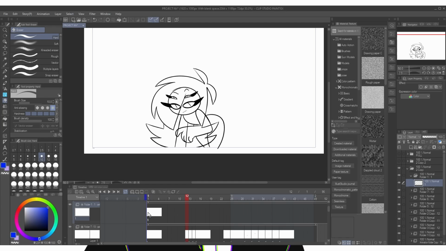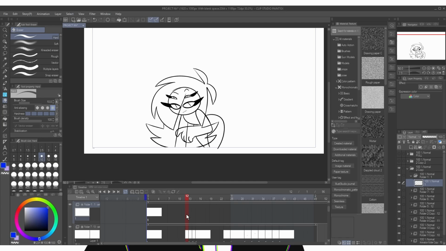But if you do have a version where it automatically does it, and you can audio scrub, because they have an audio thing, another thing you can do if you want to have audio, you go over here, import audio, and it'll put the audio on its own layer. So that's a little thing you can do. But if you have all that fancy stuff that a new Clip Studio has, you're pretty much automated at this point. This is all you really need to know. It's just basically engineering it.